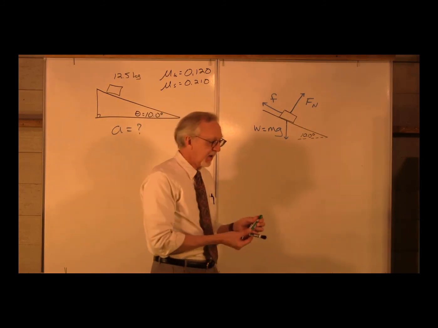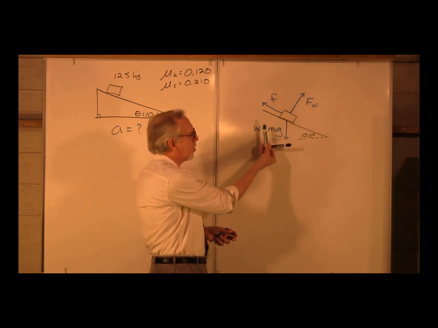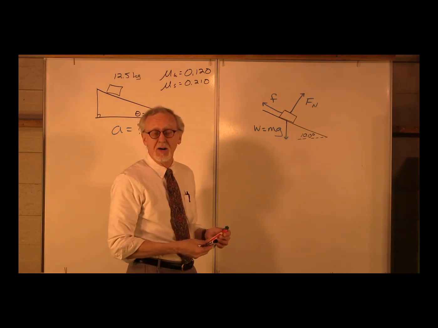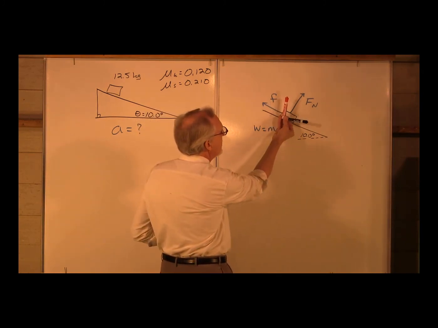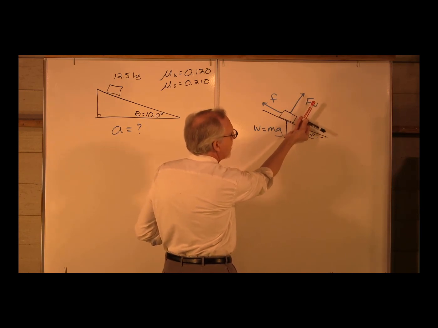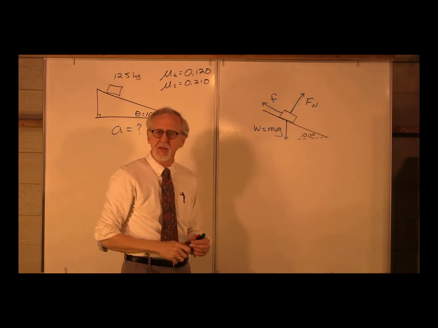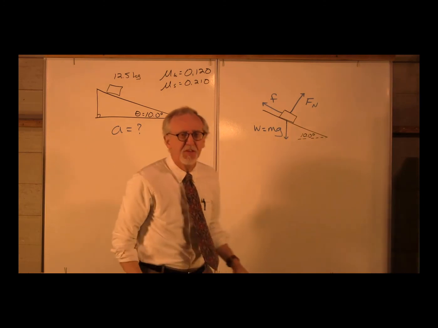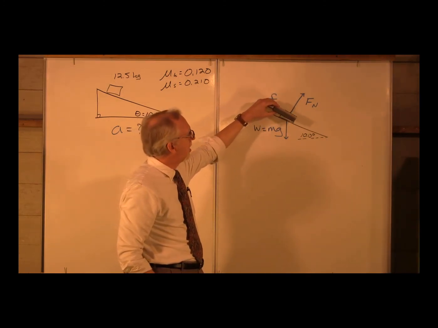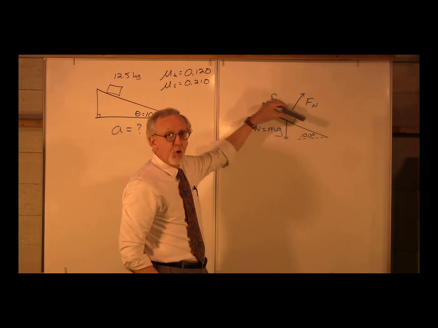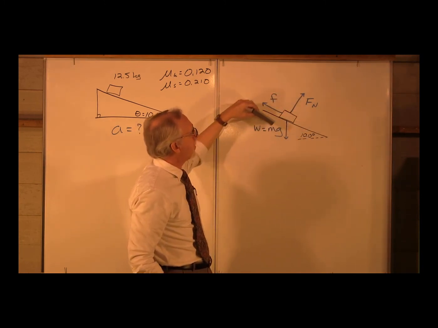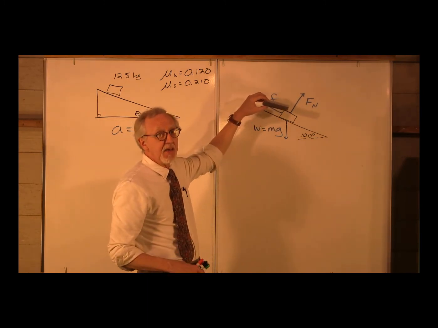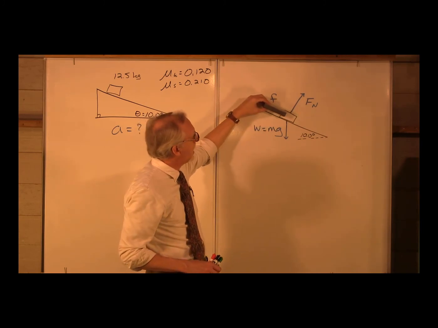You might think, well, let's just choose our old xy, horizontal and vertical. However, it turns out it's actually easier to adjust these coordinates to align themselves with the incline, along the incline and perpendicular to the incline. Why do we do that? If we think about what's going to happen to this block, if this block moves at all, it's going to slide down the incline. We know it's not going to move perpendicular to the incline. There's no motion perpendicular to the incline. If it does anything, and it might not even do this, but if it moves at all, it will move